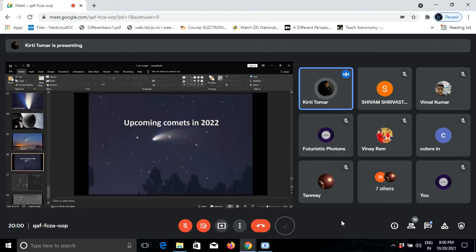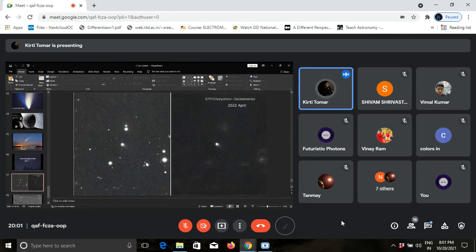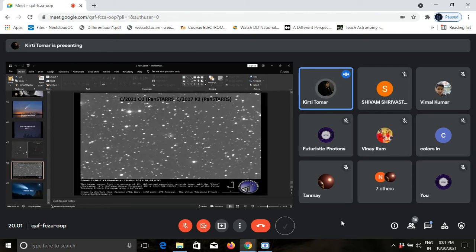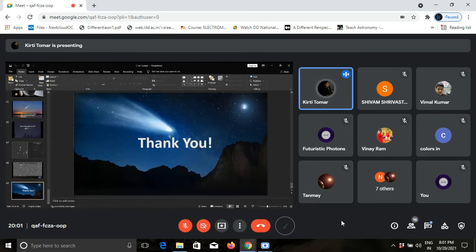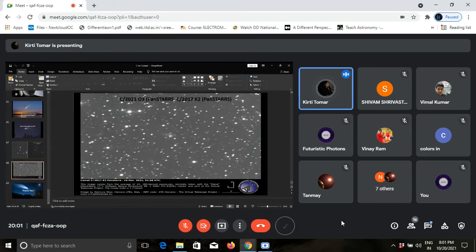If we talk about the upcoming comets which will be visible to the naked eye in 2022, they are these: the comet Churyumov-Gerasimenko 67P, with the approximate month being April 2022, and the second comet is C/2021 and C/2017 K2 Pan-STARRS.